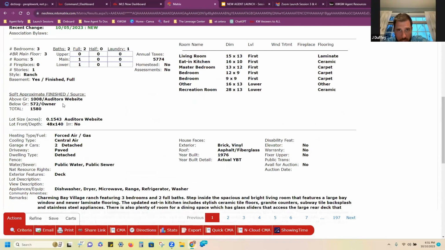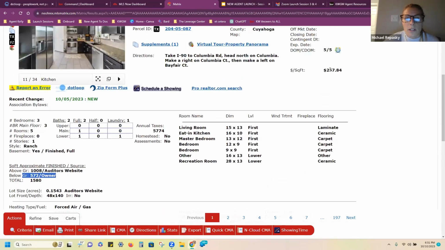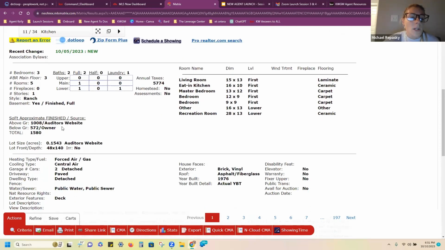They included it in the finished square footage to show you that the basement is 572 square foot, and so they're trying to tell you that the total is 1582. But here again, you know,